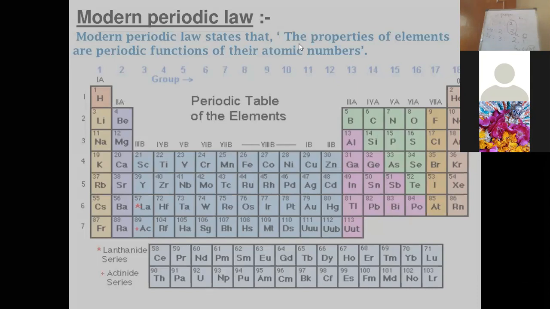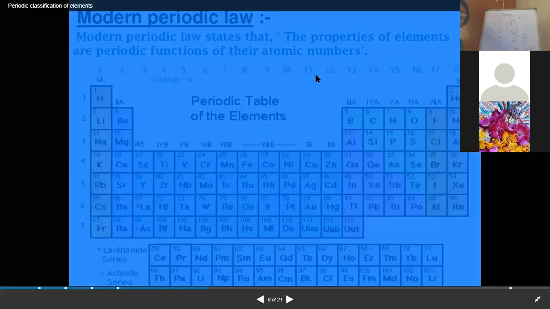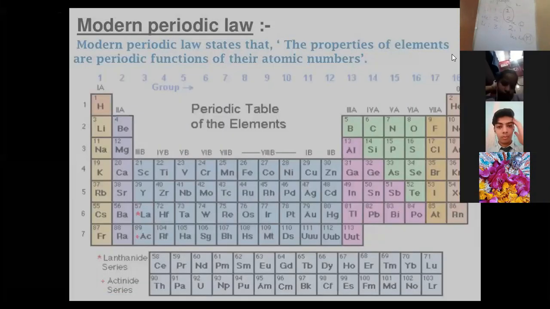Then the first group has been named alkali metals. Elements of group 1 are called alkali metals. For those of group number 2, you please remember the names of all those groups, right? Okay, I will start. As I've told you, there are names, please write them down somewhere. The name of the first group is alkali metals. Group number 2 is alkaline earth metals.